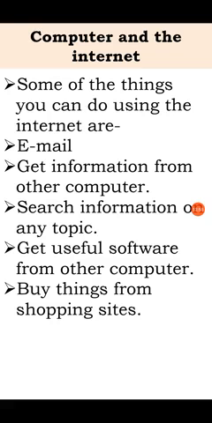See, the internet is nothing but a global network of computers. In that, various computers are connected together, which are far away from each other, means they are at different places. The internet is used to share information from one computer to another, which are at a distance from each other.